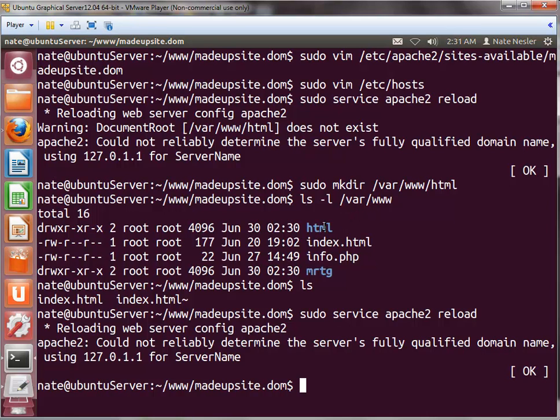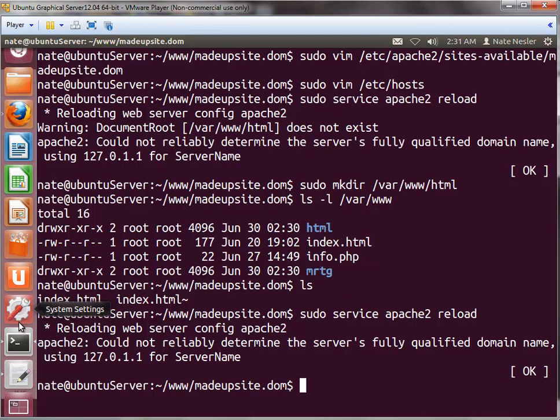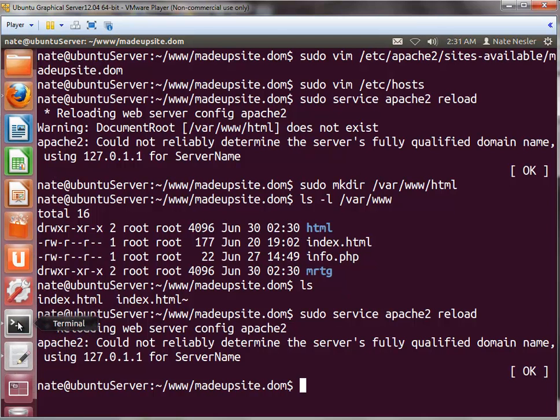/var/www. I want to have other folders, like error folders, other folders where you get files outside of the main document root folder. It's just better if you put an HTML folder inside of your other folder and don't make the www one your document root, because that's where all your Apache stuff has to go otherwise. So yeah, I don't like doing that. So I created a separate folder in there and set the document root to it. You don't have to. You can if you want to, but it's a good idea if you do. Anyhow,